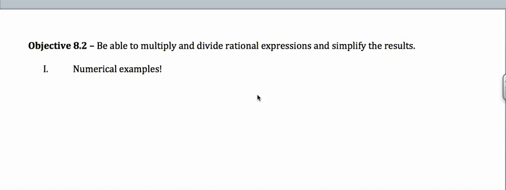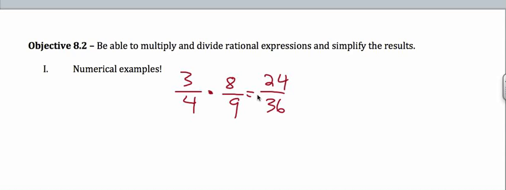Alright, ladies and gentlemen, today we're learning how to multiply and divide rational algebraic expressions and then simplify the results. So, numerical examples of multiplying and dividing fractions. Say we were doing 3/4 times 8/9. Okay? Option 1, you could multiply your numerators together, multiply your denominators together, and then figure out how to simplify that fraction. But what we know is